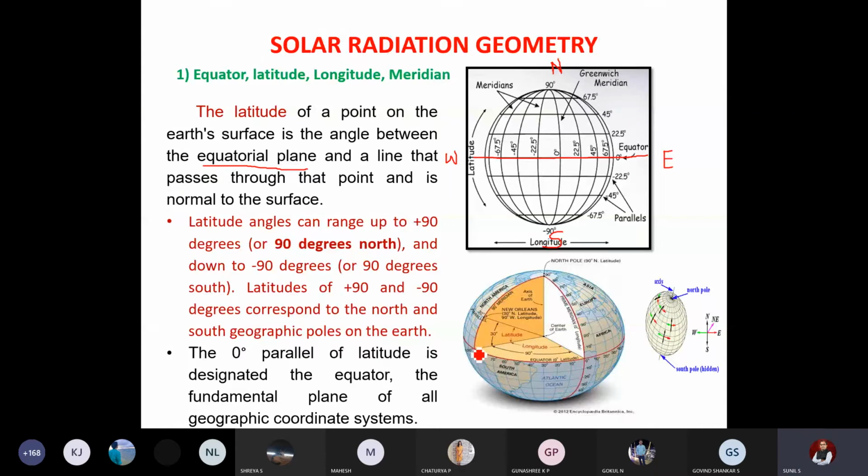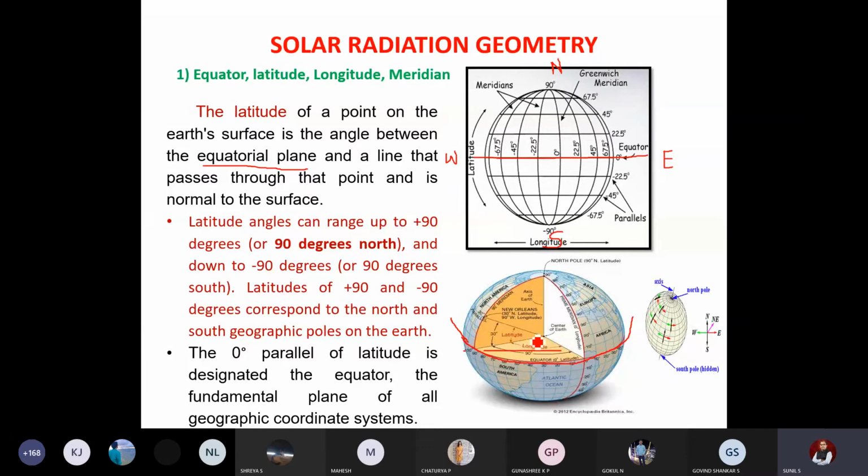Here you can clearly see in the second sketch. Okay, so this is the equator. This red line, whatever you can see, is the equator, which cuts the earth into two halves across the north-south pole. The plane across this is called the equatorial plane. Whatever you can see here is all the equatorial plane, right?